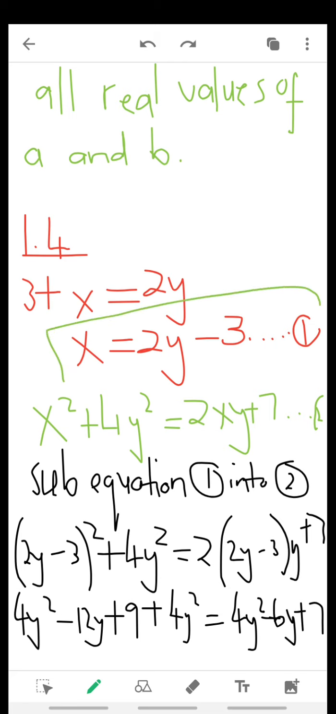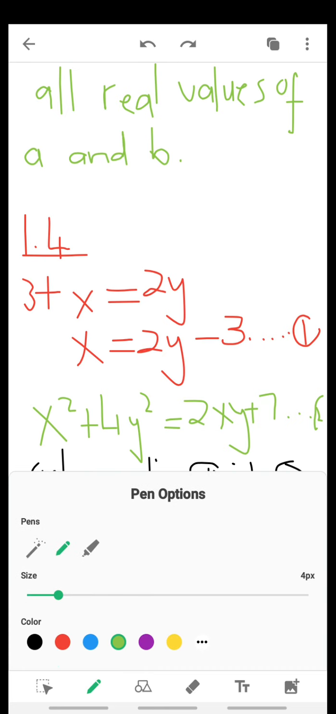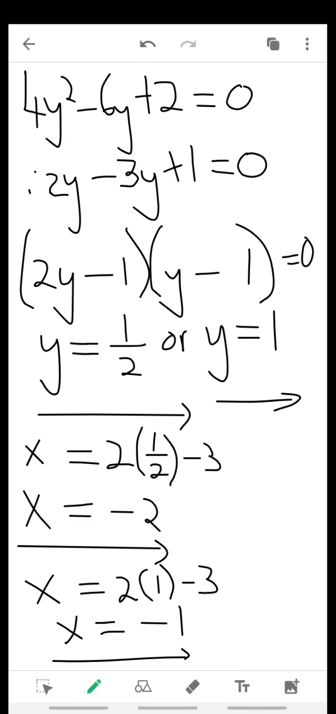Then I called this equation number 1. And then this was the second one which was given. I've called it equation number 2. So now I'm going to substitute equation 1 into equation number 2, meaning wherever there is x here, wherever there's x here, I'm going to put 2y minus 3. That is very simple. So I've done that here, and then now I've expanded, which brings me here,